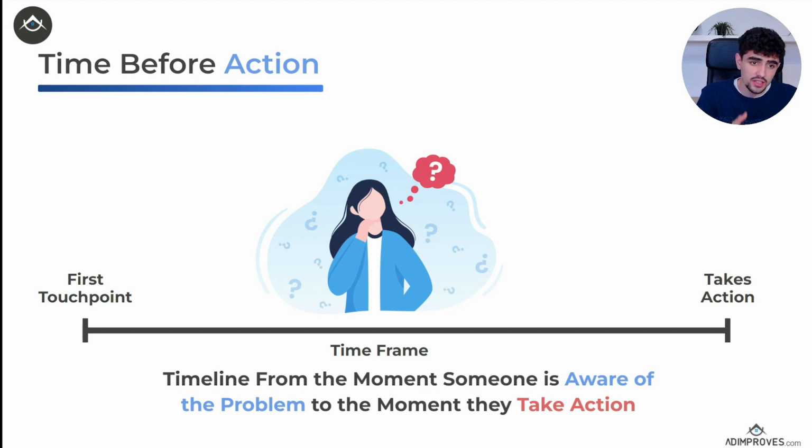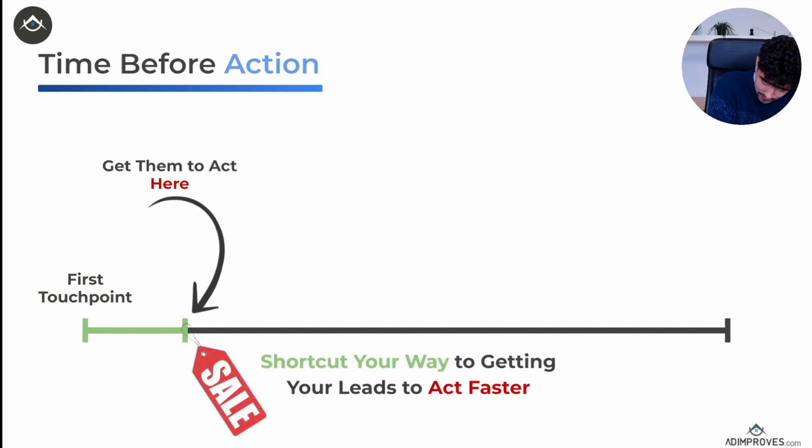And that is usually a huge time frame in which, as you can see, the first touch point is at point 0. And from the moment they see your ad, from the moment they take action, they need a lot of time to think about it. And the objective of running ads of this type is to shortcut your way to getting your leads to act faster. You need to get that first touch point, and within some days maybe get them to act and get the